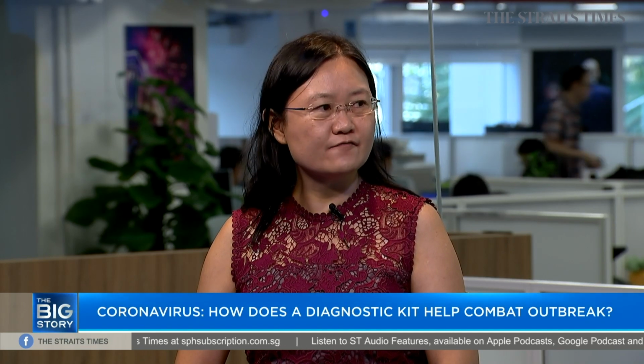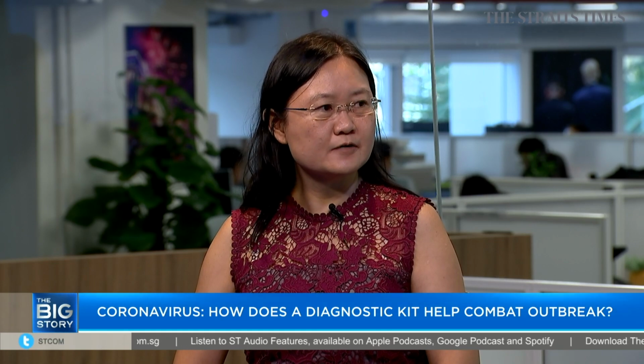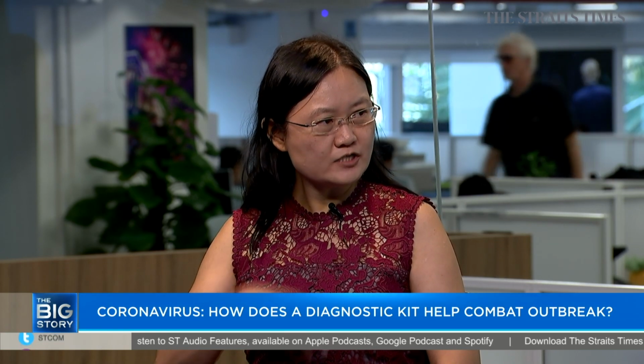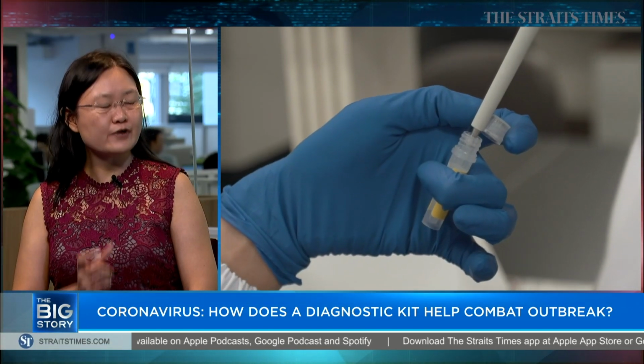Dr. Ong, if we could start off by first telling us, how does this diagnostic kit work? What's the process like? Yes, so this diagnostic kit works by identifying specifically the DNA of the coronavirus 2019 nCoV. The process involves collecting patient samples, which could be sputum or the bronchial alveolar lavage from the lung, and identifying the potential presence of the